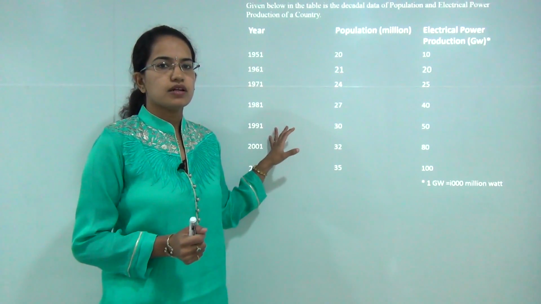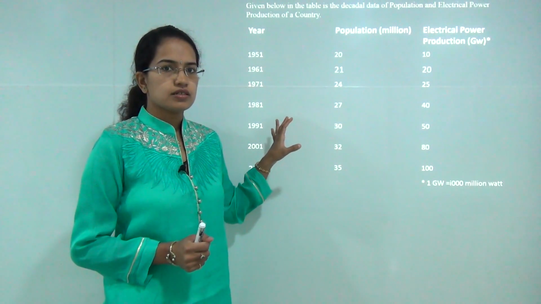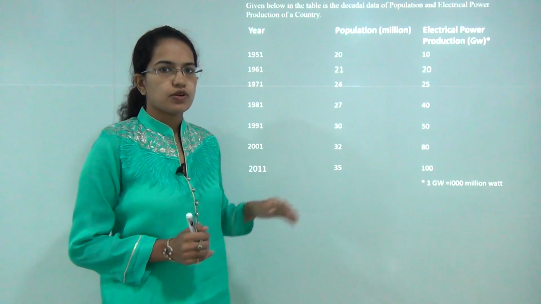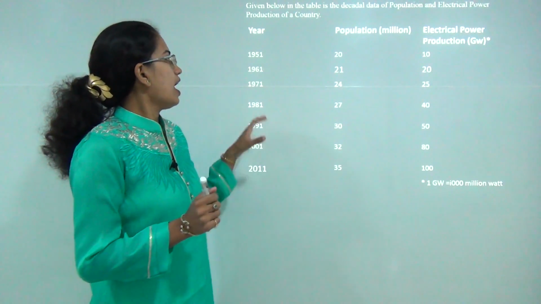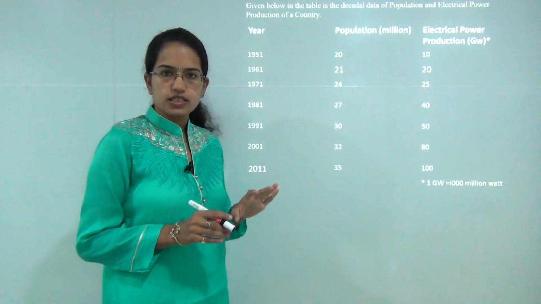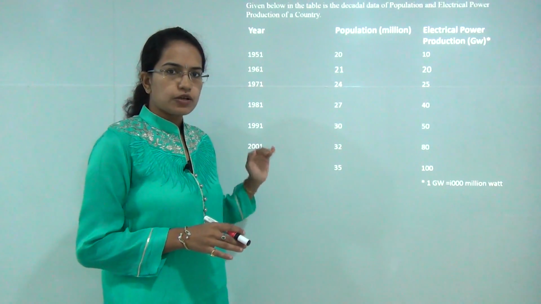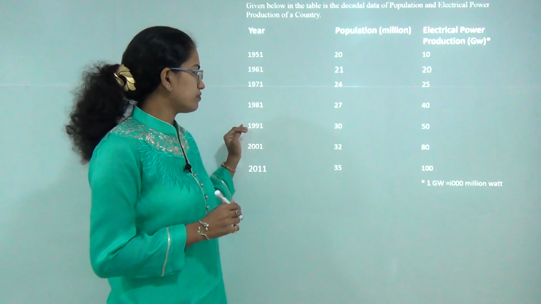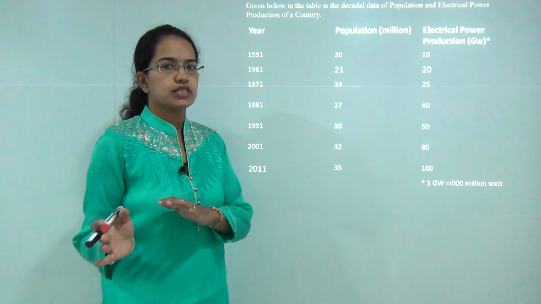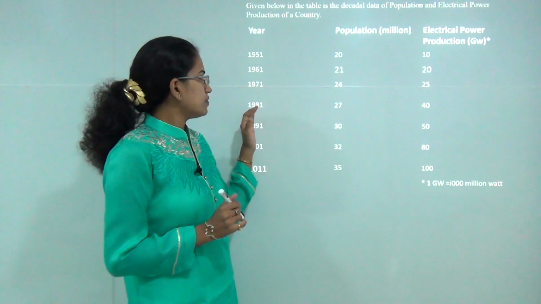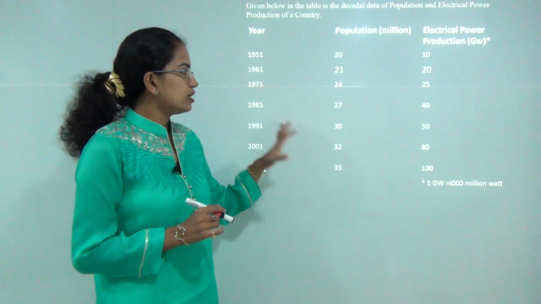Solving this paper for the December 27th examination for CBSE NET Paper 1, and we'll be solving all the 60 questions for the paper with a set of 20 questions in each video. So the first video will cover the set of 20 questions and so on. Now the first question is based on the table.